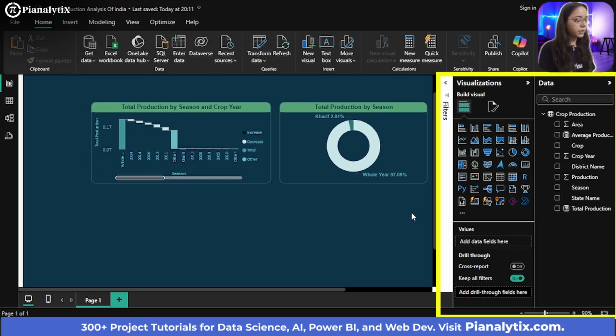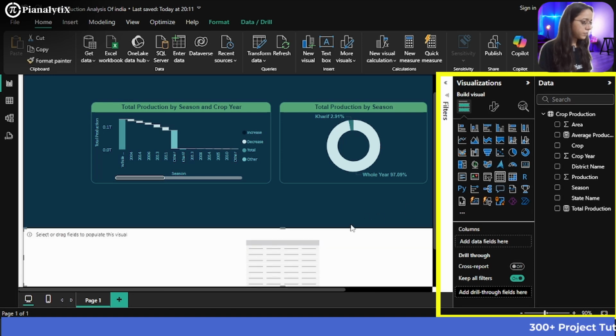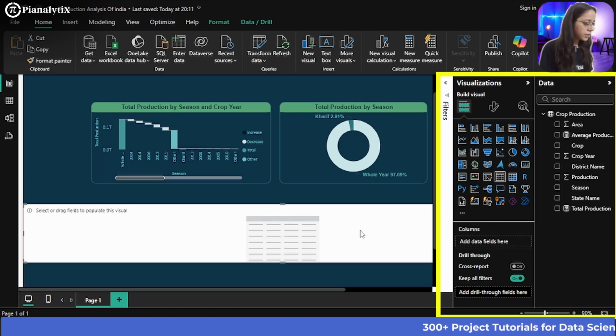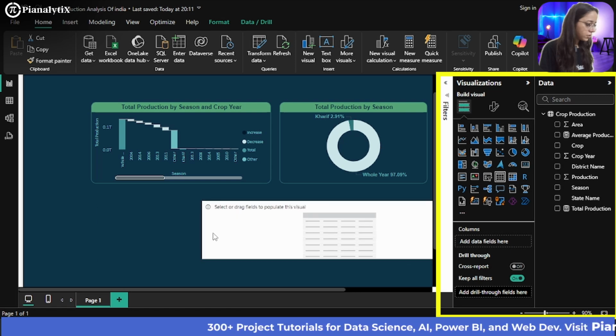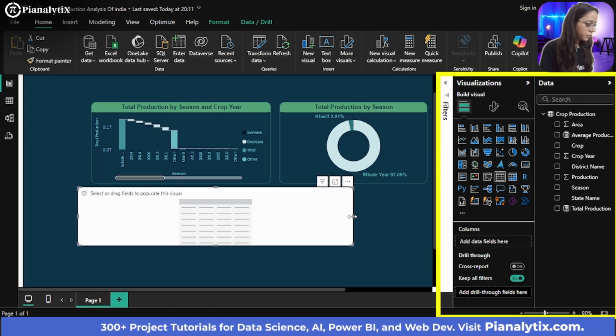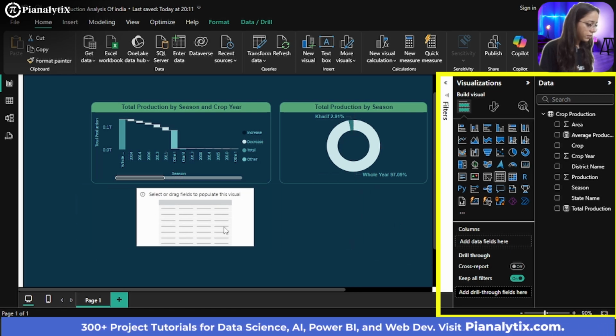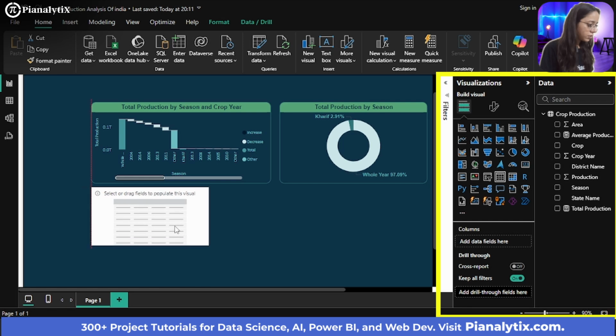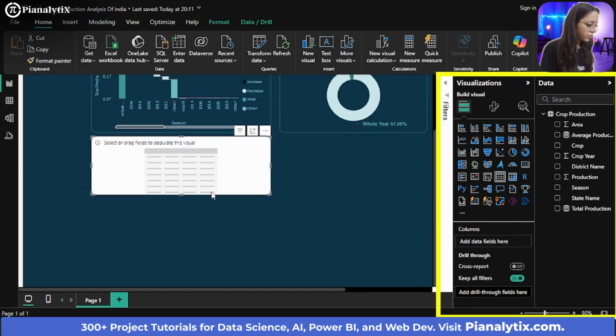So now what you can do is again, you will choose a table here and you will just resize it, and just resize this all the way.